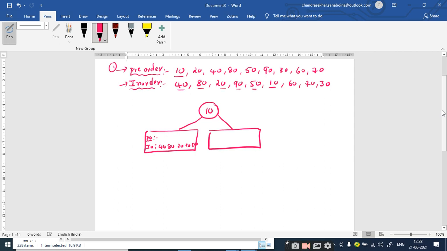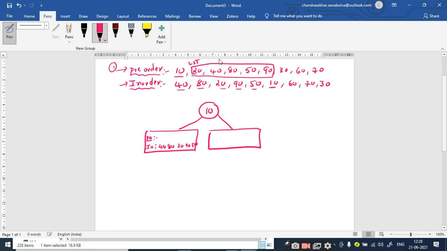How many elements constitute the left subtree? 5 elements, sir. In the pre-order, 20 is the root, and after identifying the root node, the next 5 elements are the elements of the left subtree.